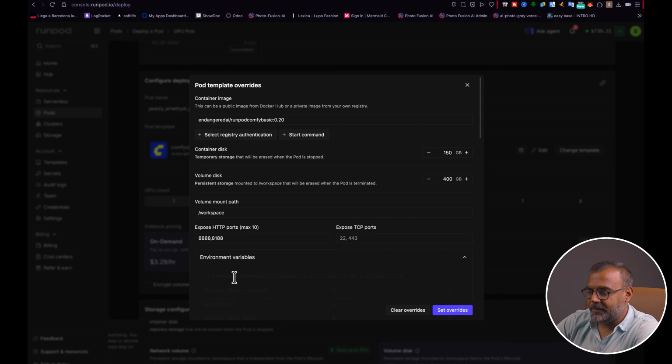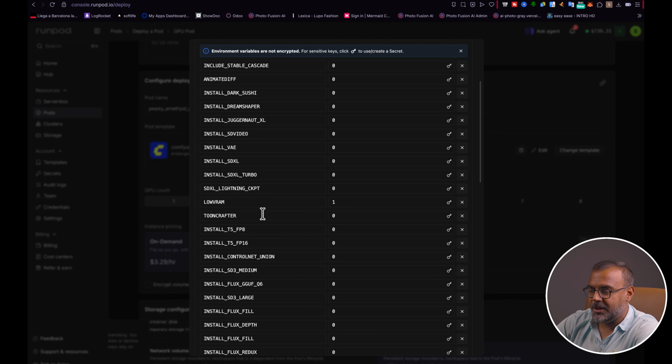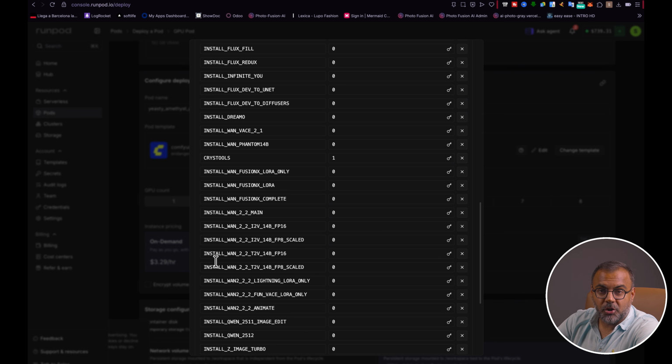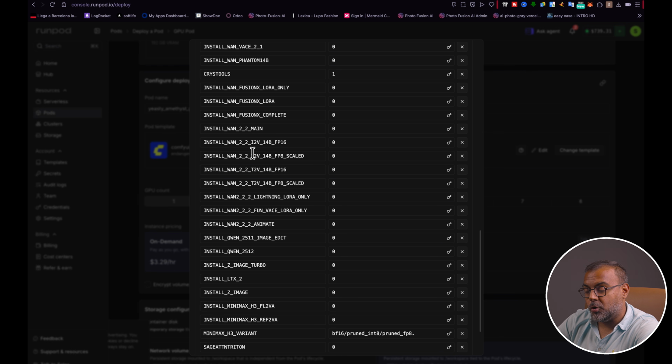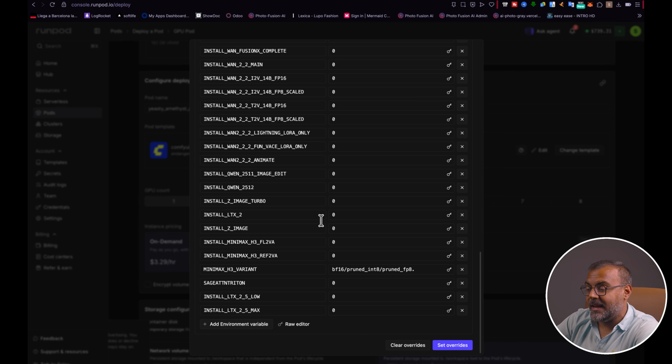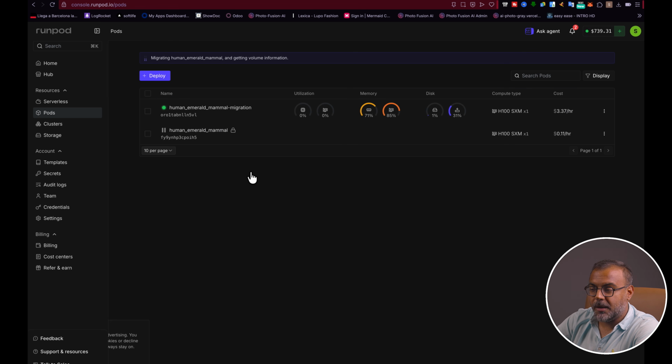edit, come down here to the environment variables, and you'll see a whole bunch here. These are all different installers that I've set up for ComfyUI. If there's anything that you want in particular, just go to the model or model variant that you want and set a 1. In this case, we are going to pick out the LTX-2.5 Max, set that to 1, and go ahead and set the overrides. And then once you're ready, click Deploy on Demand, and you'll get a pod that looks a